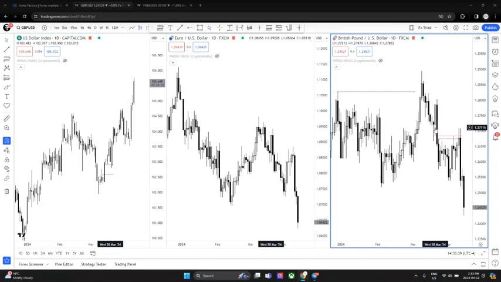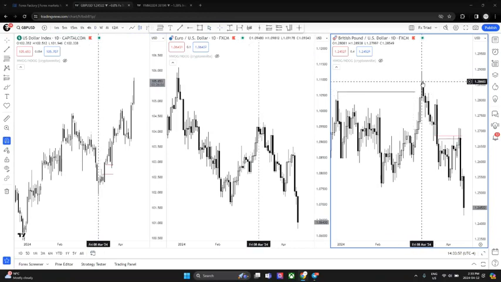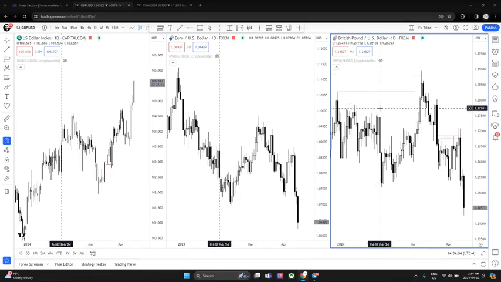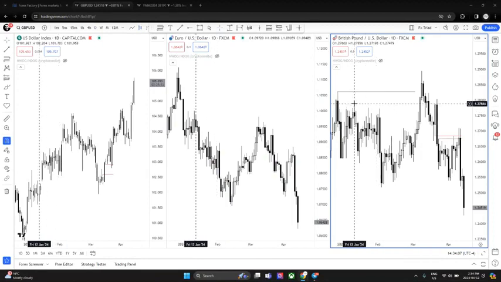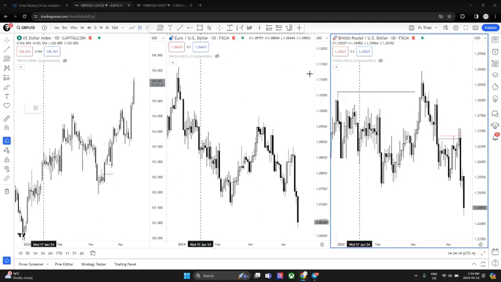Price broke down. There was already a sequence of SMT and a precision swing point right here, and we're just focusing on the euro and the pound. Precision swing point here, and I'll turn the cursor on so you can see, on this candle at this specific time. If I move the cursor over here, you can see these highs, specifically this high right here for the pound, and I'll draw it out in time.